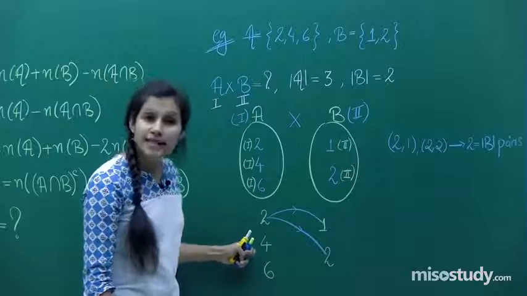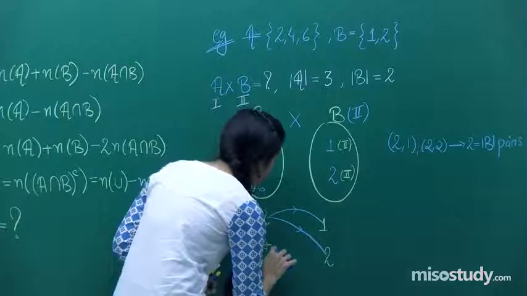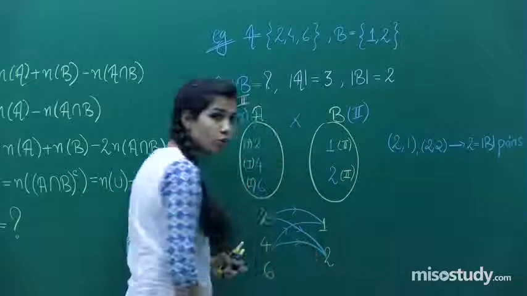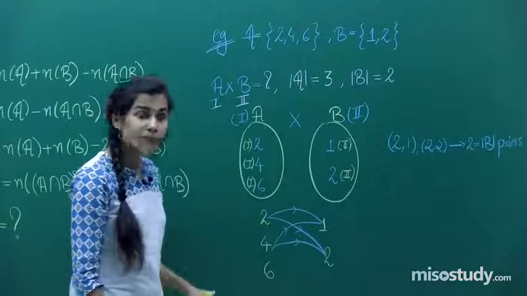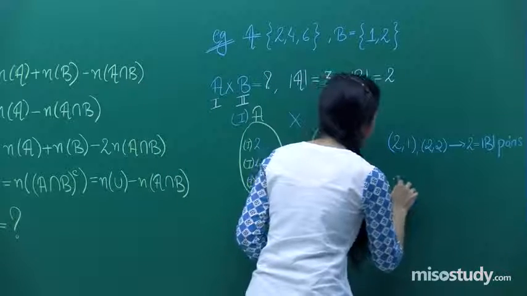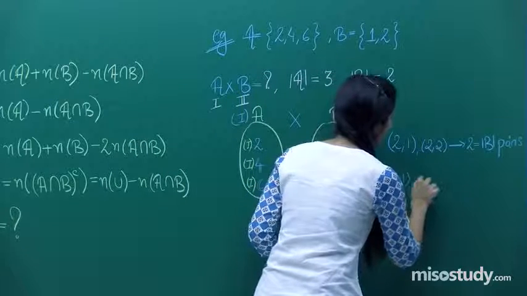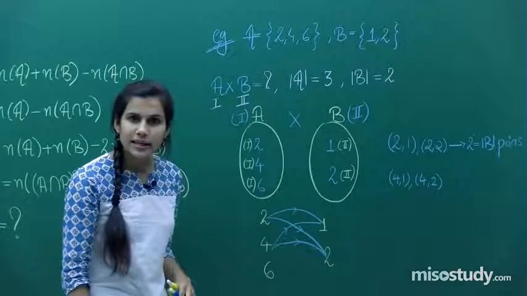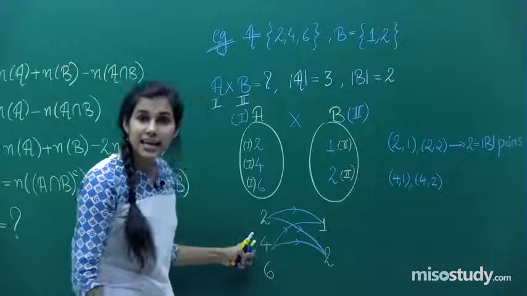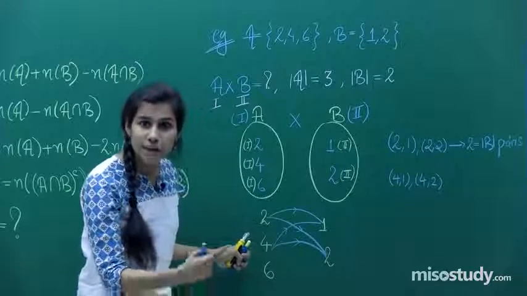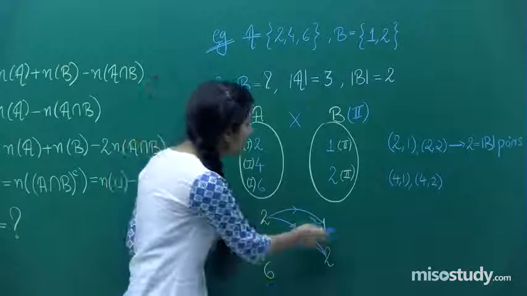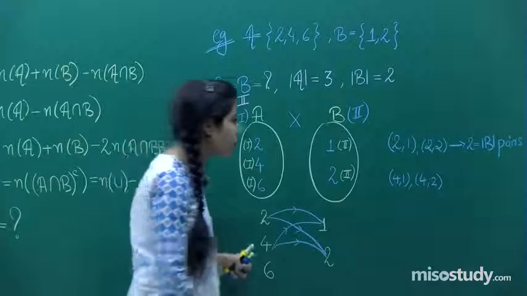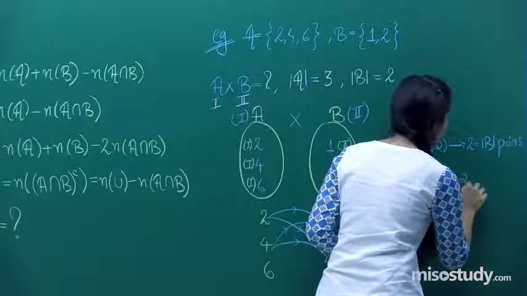Let's move on to the next element of set A. This 4 also goes and gets paired up with 1, and then it goes and gets paired up with 2. So this 4 getting paired up with 1 and 2 gives me 4, 1 and 4, 2 as the ordered pairs. So again, what is happening? The second element of set A is giving me those many ordered pairs as many there are members inside set B. That means the second member of set A also is going to give me 2, which is same